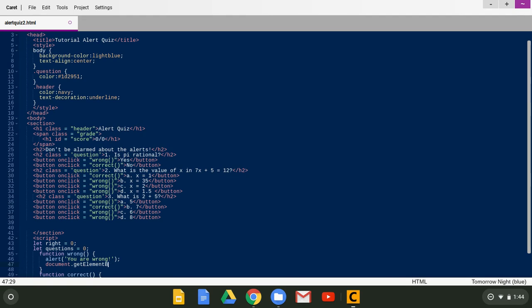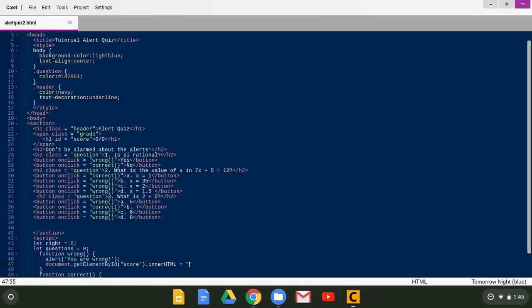And ID, same thing. And then the ID name is score. So we're going to do score dot innerHTML